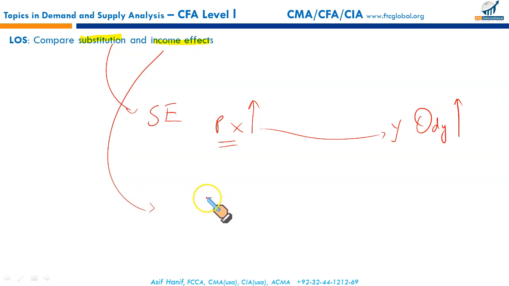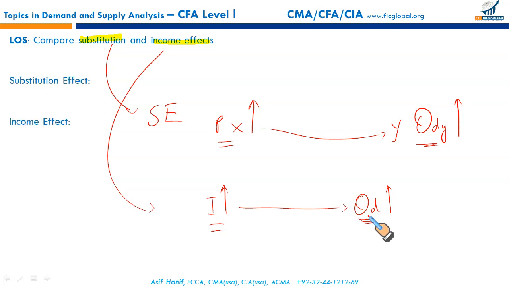Income effect means when your income increases, it will result in more goods being bought. The quantity demanded of normal goods will go up. An increase in income will cause an increase in demand for normal goods. That's what you call the simple substitution effect and income effect. Because the price of X goes up, it will affect the quantity demanded of another product Y. But if income goes up, a certain item that you buy, you start purchasing in more quantity. So this is what results in the income effect. Substitution effect and income effect explained.